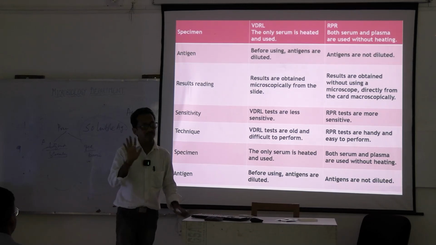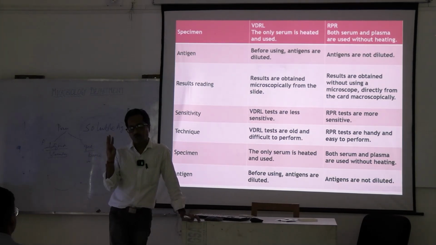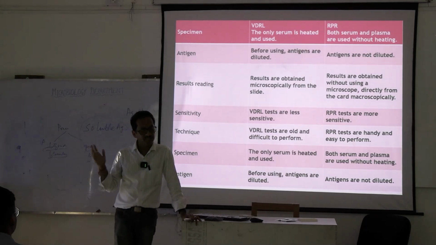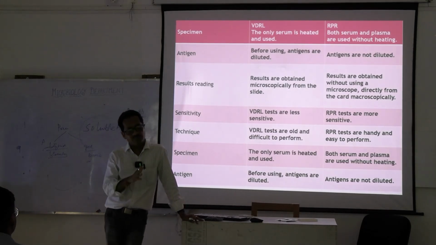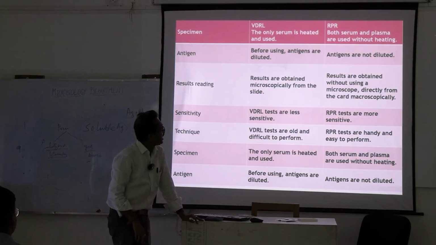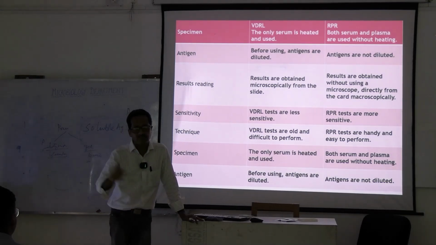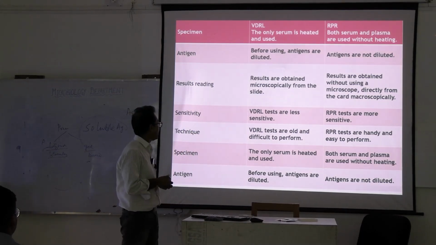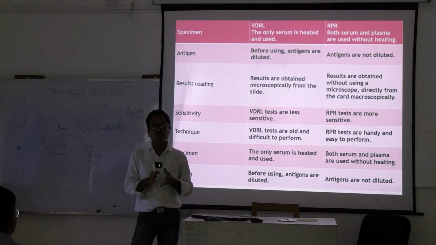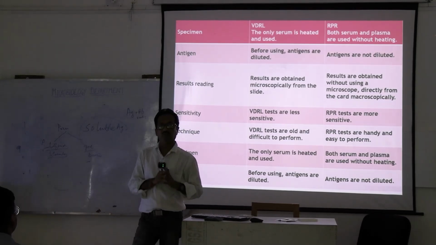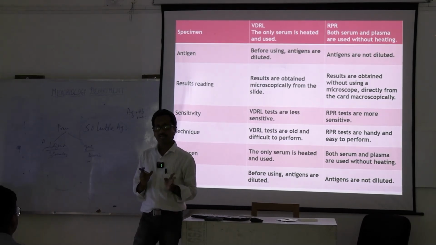So three most important points. First, the VDRL antigen cannot be stored and has to be prepared daily, while RPR can be stored as a commercial kit is available. Second, RPR cannot be used in CSF, but only VDRL can be used in CSF. Third, serum has to be heated in VDRL, but as choline is there in RPR, it inhibits the other antibodies, so it need not heat the serum to remove other antibodies. And you have to have a microscope to visualize the flocculation, and cholesterol crystals are not easy to visualize, but in RPR the carbon particles are easy to visualize.